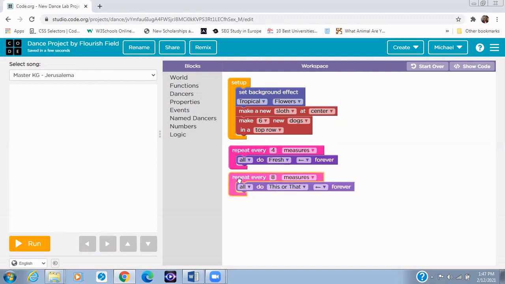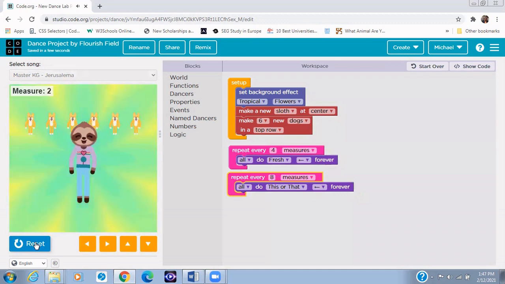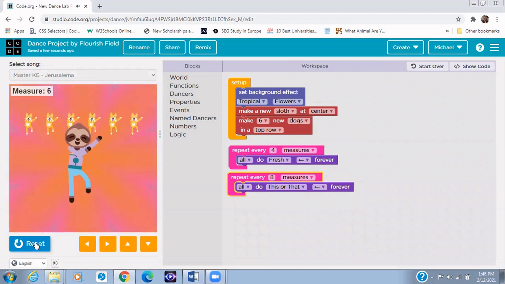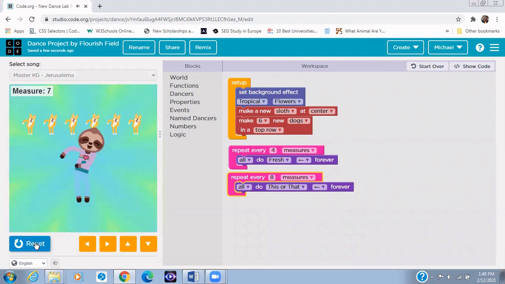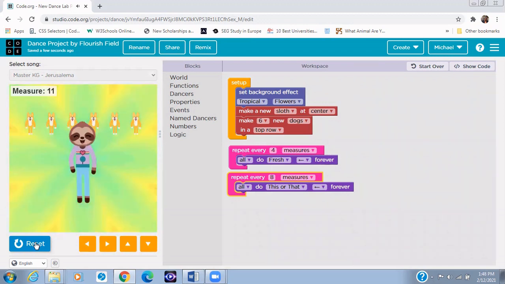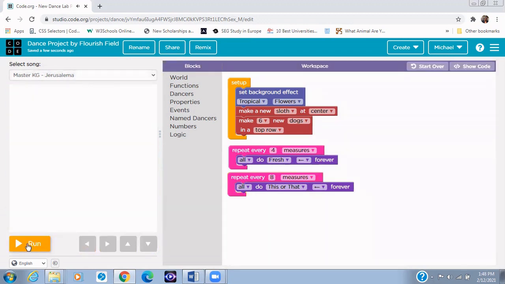So now let's run our code again and see what we come up with. So at the count of 4, it's going to do this. So at the count of 8, it's going to do this or that. Now let's check that again and see. You can pause the video and try that by yourself before you continue, okay? All right, let's check. Right, so it's becoming fun now, but I feel that we need to reduce the measures so that we can